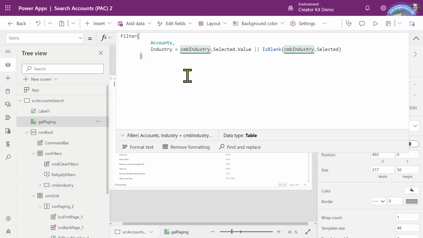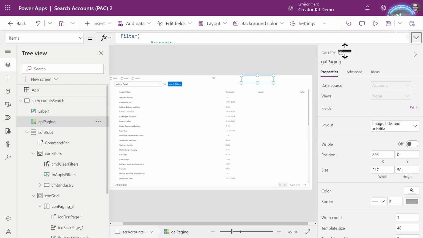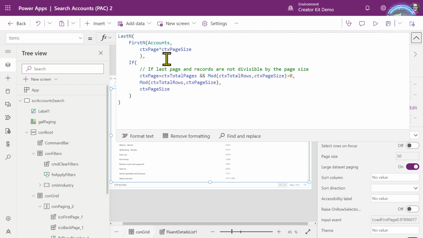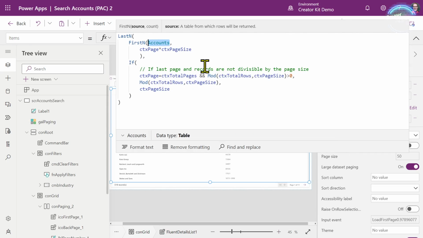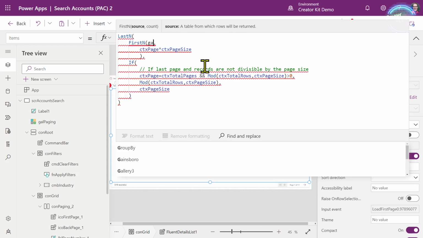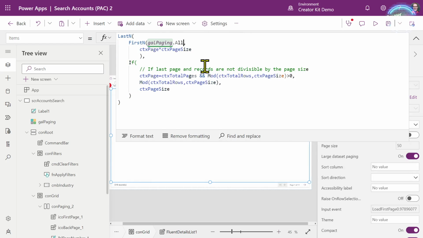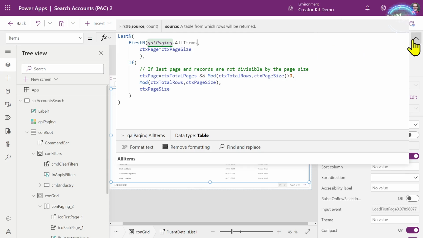And so now we know that it's going to easily load the filtered items. And the last thing that needs to be done here is, rather than binding our data grid directly to accounts, we can bind this to the gal paging all items. And so now the data set is using the gallery as a backing data source. Rather than binding directly to the accounts, it's using that gallery all items.